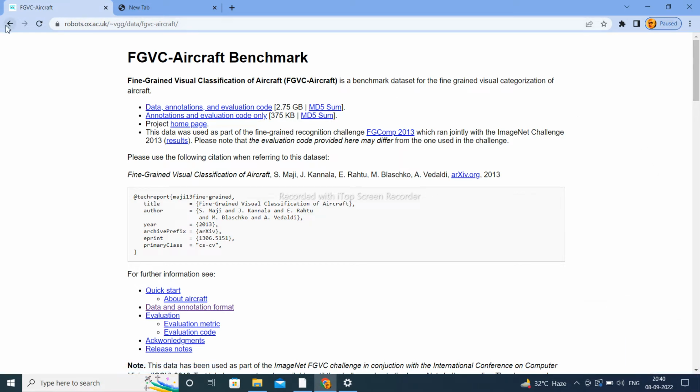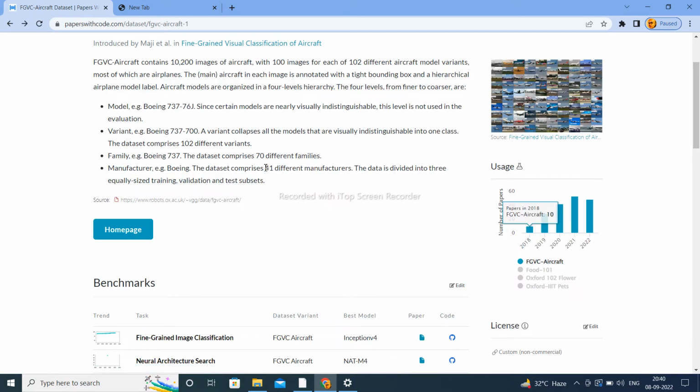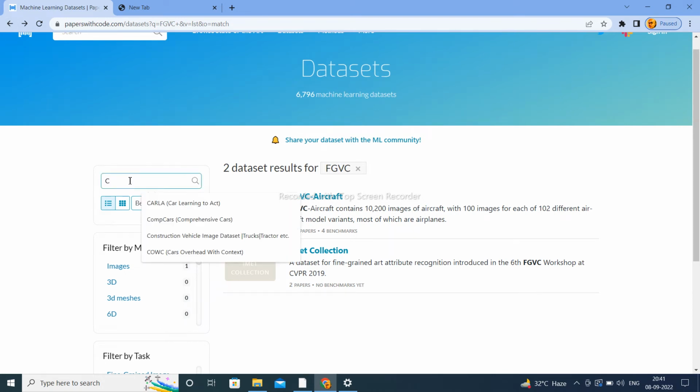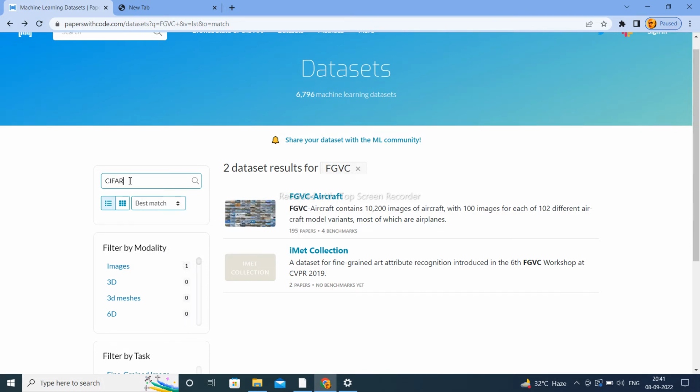Okay, if you want to search another type of dataset, you can type here. Suppose I want to search here CIFAR. Now click here. Please wait.